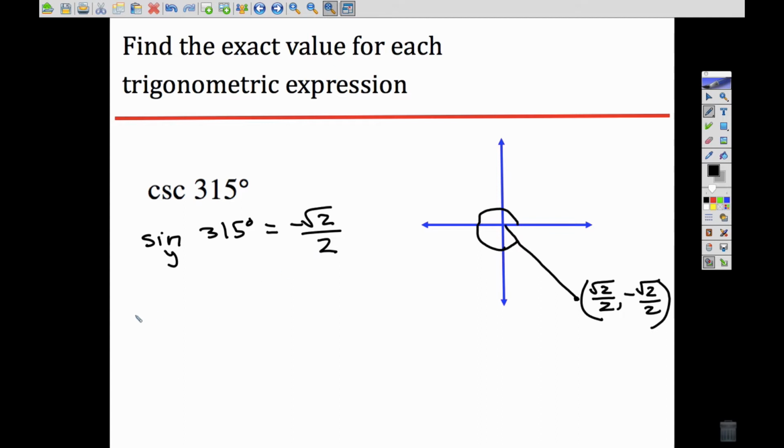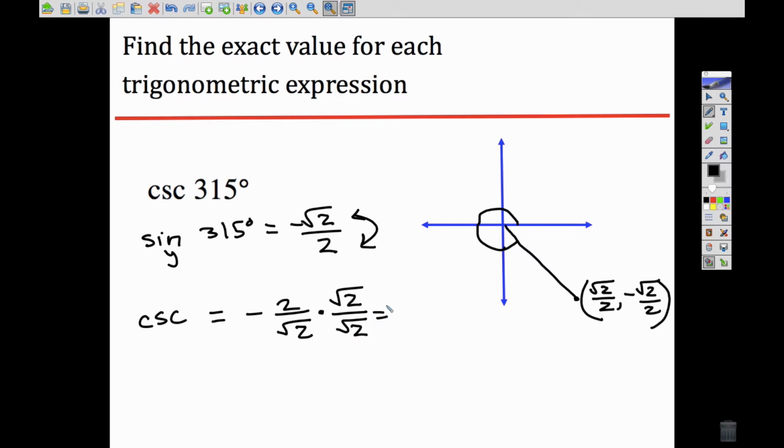And then that means that the cosecant, the reciprocal, we just flip this. So we have negative 2 over the square root of 2. And then this is the value that I'm looking for. However, we know we can't leave that square root of 2 in the denominator. So I'm going to multiply by 1 in terms of the square root of